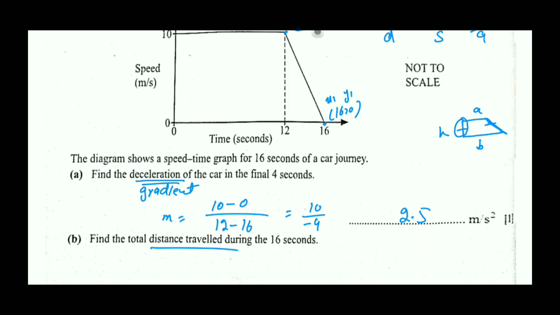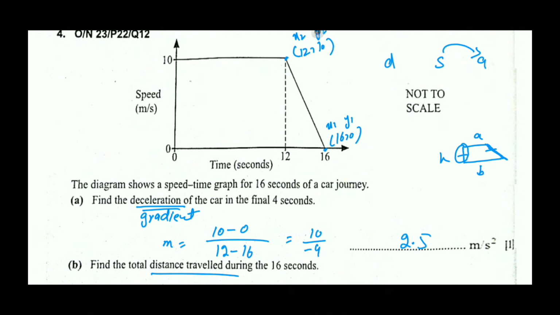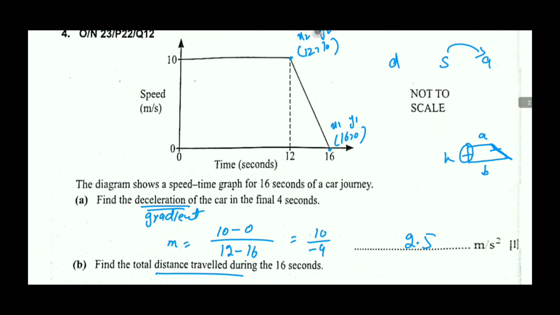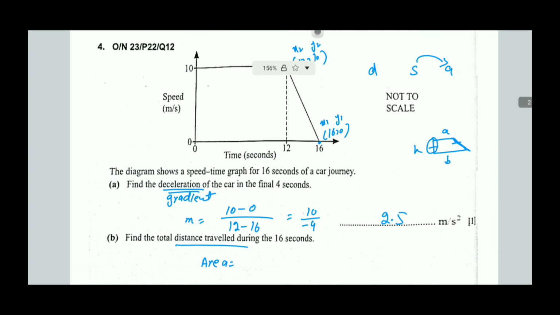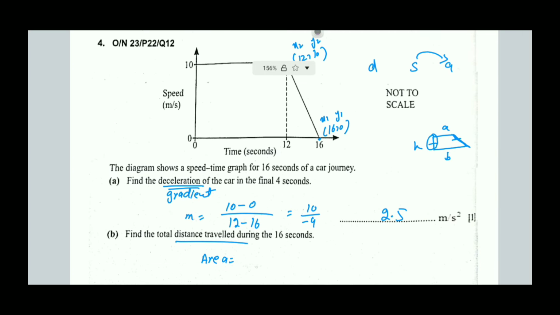So if we use the formula of trapezium directly, we can also split it into parts like triangle plus rectangle. We can also use the formula of trapezium directly. So distance here means area. Area of trapezium means that we have to find 1 over 2 into height into A.